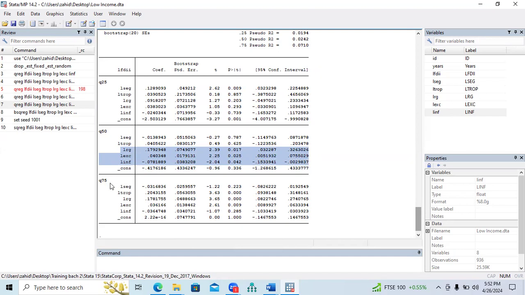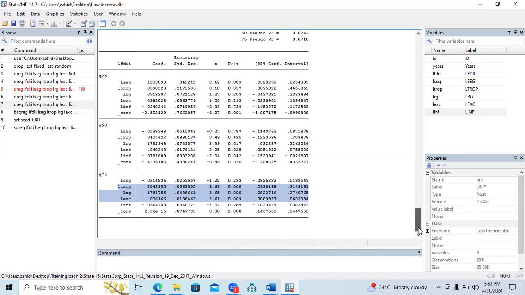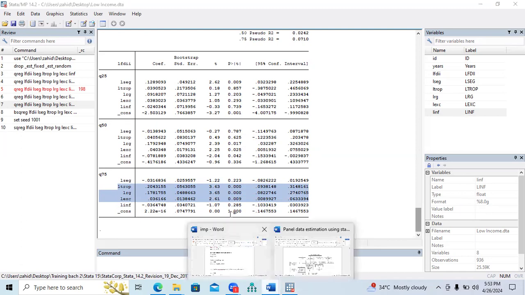While in case of third quantile, if you see here, trade openness is highly significant, real growth rate is highly significant, and exchange rate is highly significant here. And constant is not significant here, inflation is not significant here. So third quantile provides much better result in terms of significance of your independent variables. So we can see here that third quantile provides much better indication of the results. So what we need to do next,